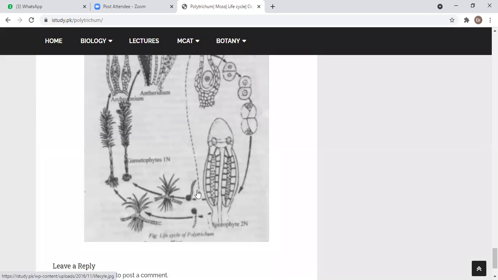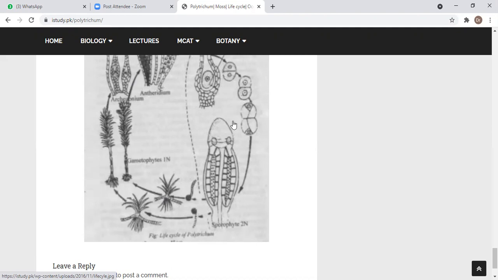Out of these spores, some will form the male young protonema, and the remaining spores will germinate into the female young protonema. So what is protonema? It is a thalloid filamentous structure producing rhizoids at the base and leafy shoots at the upright position. The male protonema will develop into the male plant, and the female protonema will develop into the female plant. So this is regarding the haplon.